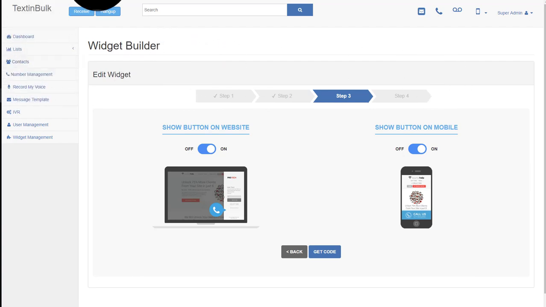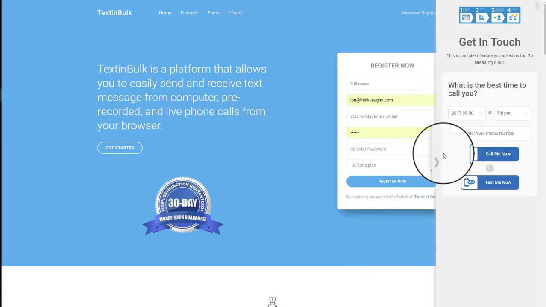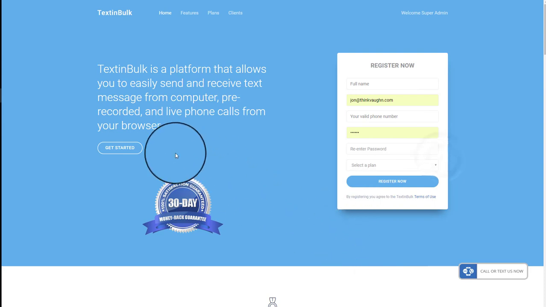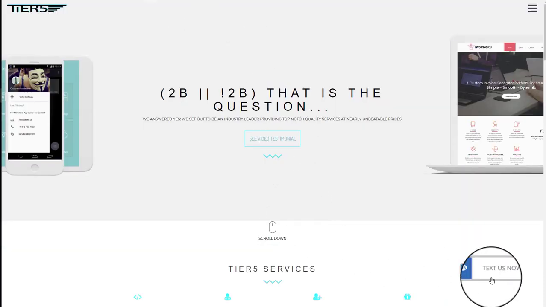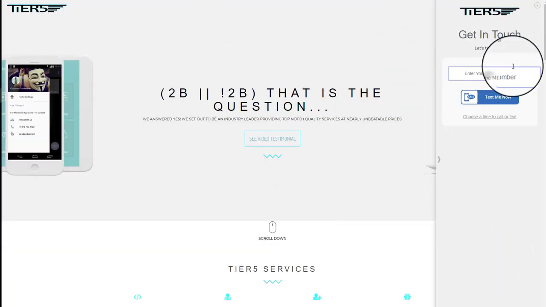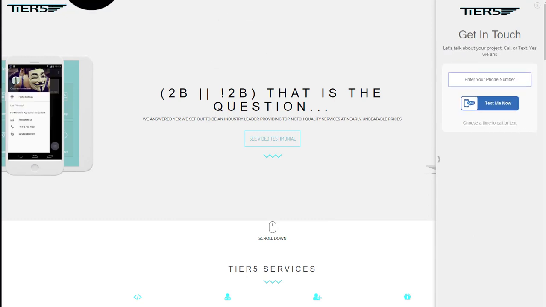So this is going to allow you to connect with people right from your website. Very easy for them. They just come to your website. They want to talk to you. So they just click this button. They give you their phone number. Instantly, they are connected with somebody from your team. So that's just one of the new